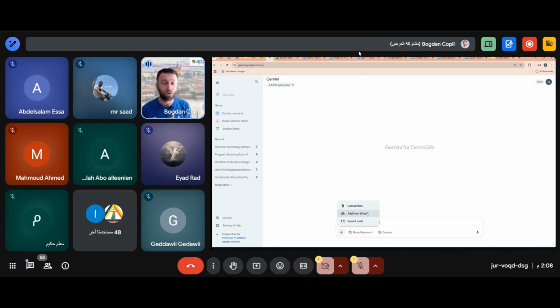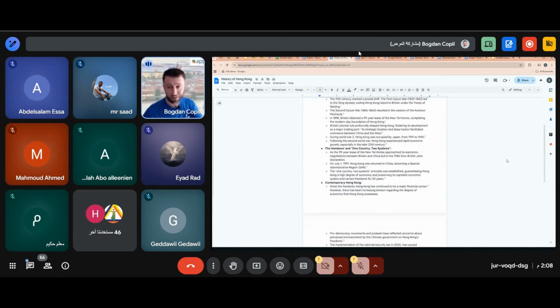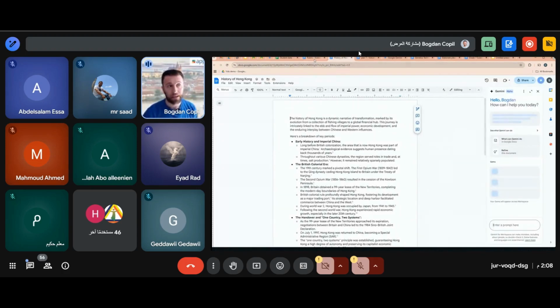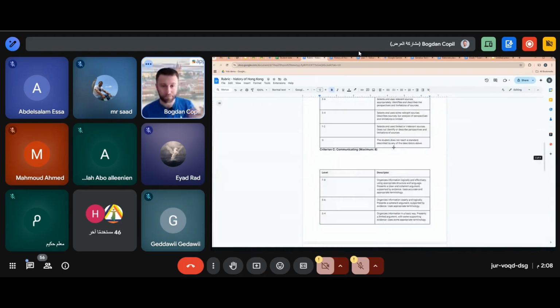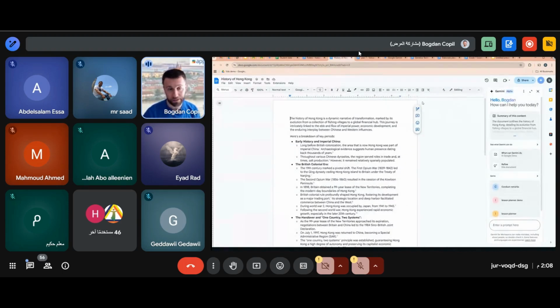You could also add, for example, a student essay and ask Gemini to help you with some feedback. So I'll just quickly show you this, but this is part of the Google Docs integration as well. If I have, for example, a student essay here on the history of Hong Kong, I could use Gemini to help me grade it. And especially if I have a rubric in a different document, like here, for example, I have the rubric for this assignment. I could go to my student essay and I could ask Gemini, help me grade this student essay using the rubric